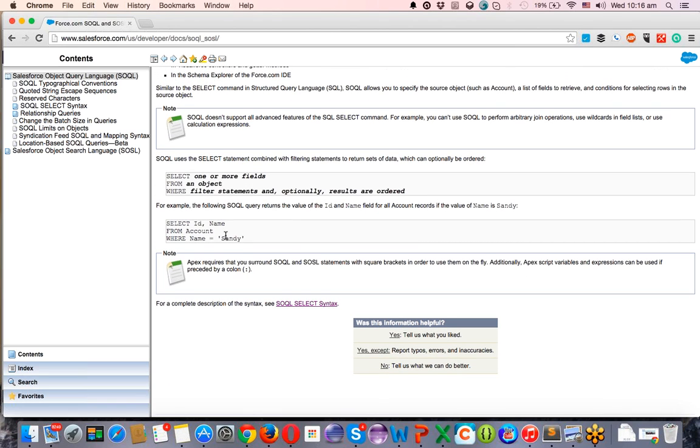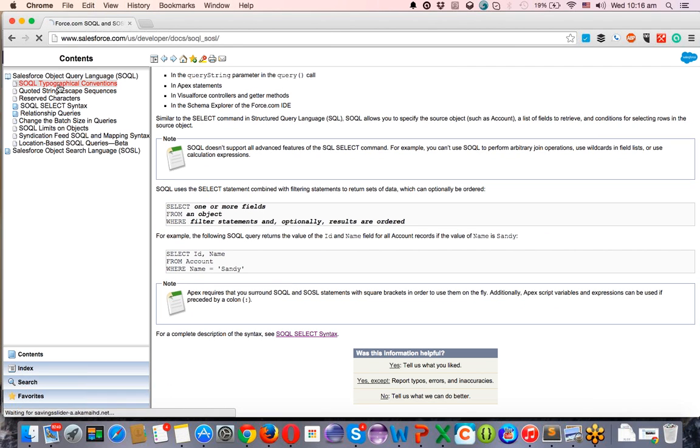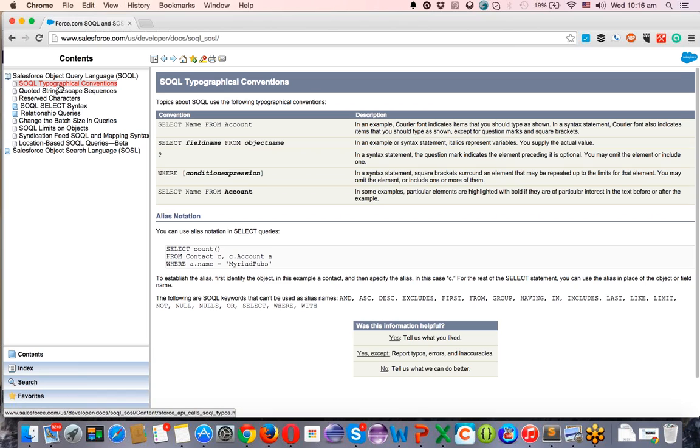So when you are trying to use some Apex variables in a query, you have to use this colon symbol after the name equals. You have to use this, okay? Let me show that. So this is the general format of this, okay? Select field names from object, and then in the where condition,